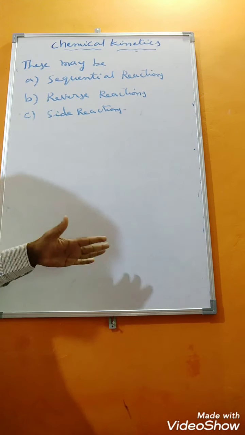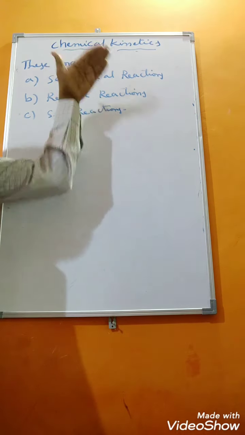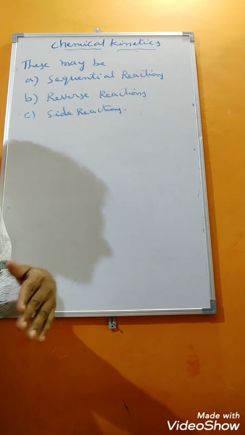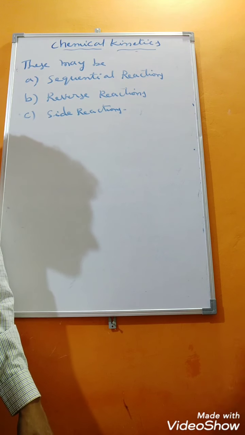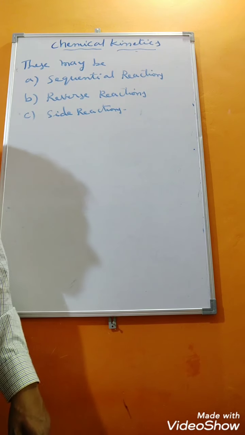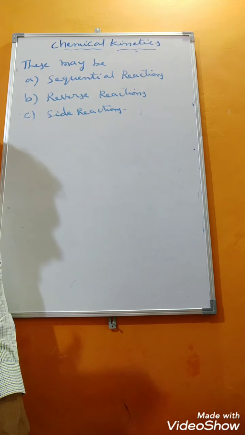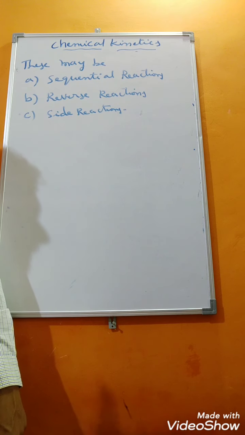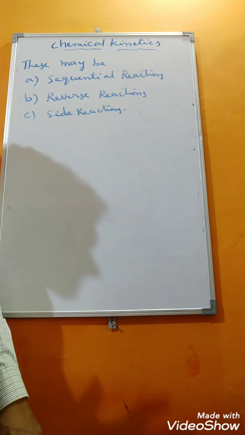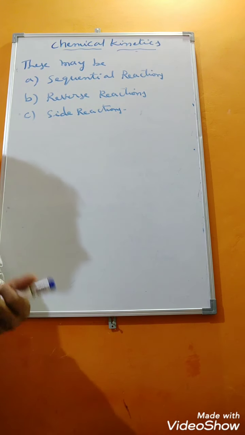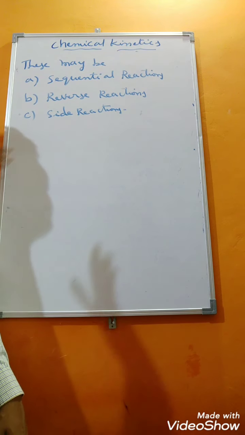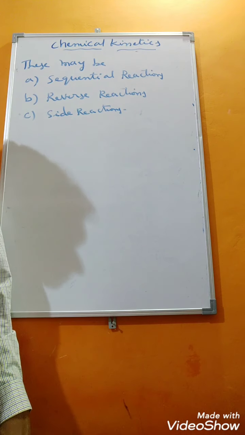If they give a complex reaction, how do we identify it? They will give it like this: sequential reactions. Sequential reactions means many steps are present, and in those steps they will indicate in brackets which is the fast step and which is the slow step. The slowest step of the reaction mechanism is called the rate determining step. By looking at the rate determining step only, we can say the order of the reaction, students. Based on the rate determining step only, we can write the rate expression.